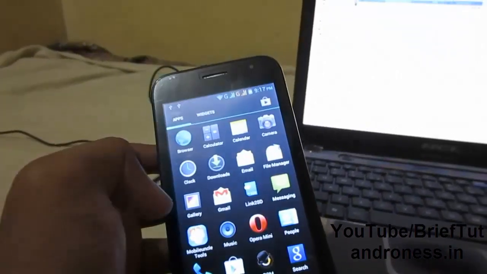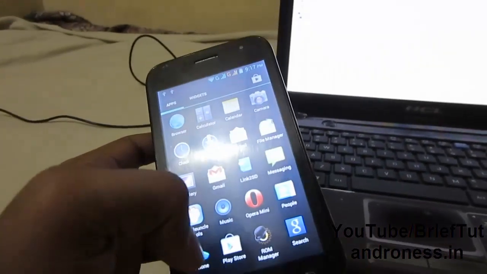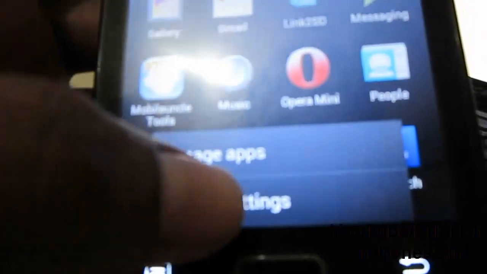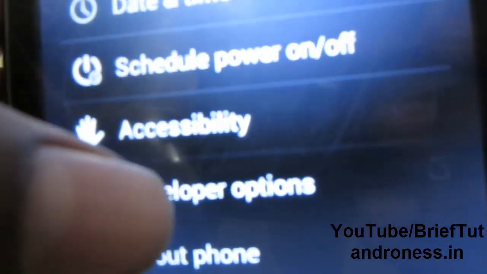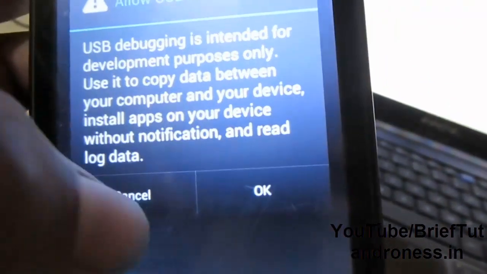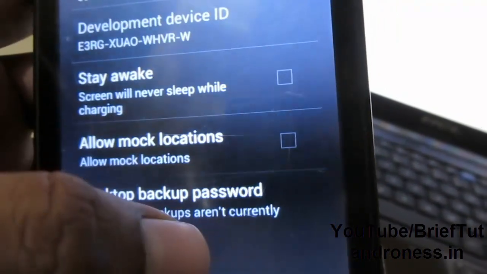To use the PC method, first you need to install ADB drivers, which I will link in the description. Second, you have to go into the system settings, go into the developer options, check mark the USB debugging mode and click OK.